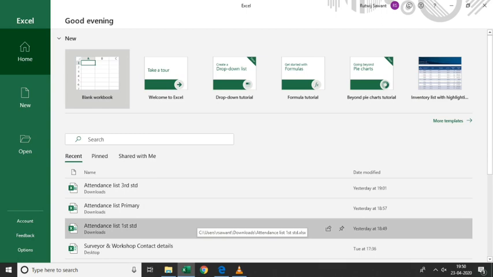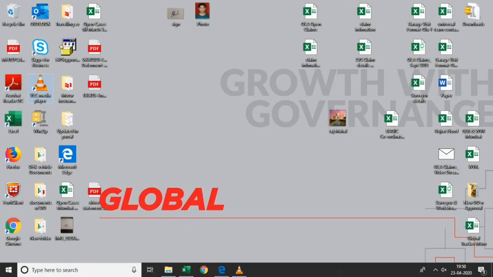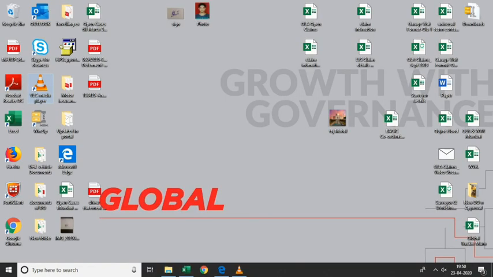Now one more thing I want to teach you about. There is another way to create an MS Excel file. Suppose you want to create an MS Excel file. You can open the location where you want to create it. Suppose you want to create it in your computer's D drive, in downloads, or in documents, in any folder you have created.